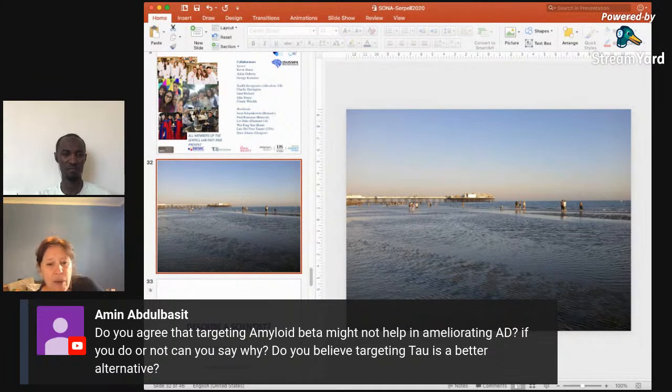The only way we might be able to do that is if we look at genetic populations, for example. So there's a group of people in Colombia who have a genetic form of Alzheimer's disease, and that was a place where I think many researchers were thinking that they could start trying to use some of these A-beta targeting drugs. So then to focus on tau,